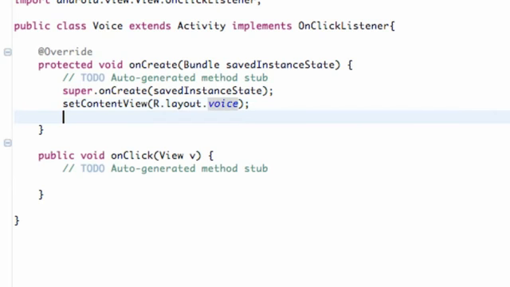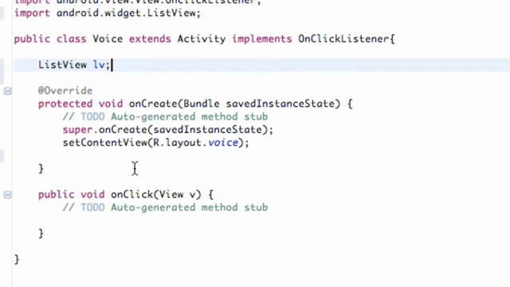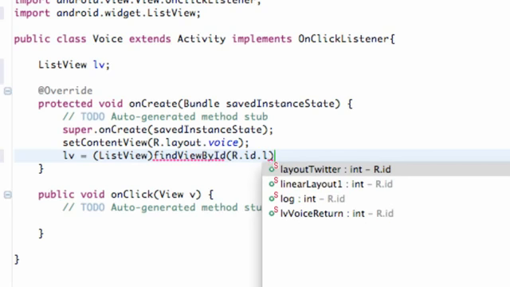So what we're going to do is set up a list view that our whole class can use. So we're just going to say list view LV, add our imports, and there we go. We're also going to set up our list view to have that reference bridge or whatever. Find view by ID, R.id.listViewVoice,